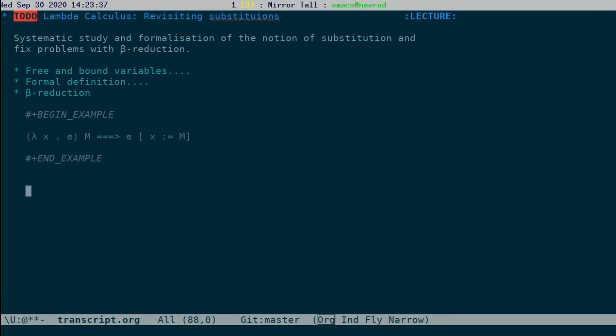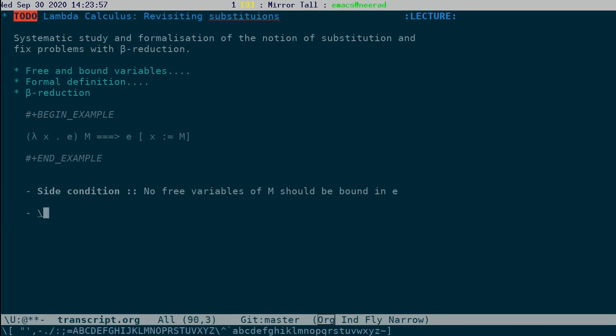An important side condition is that no free variables of m should be bound in E. This is the condition. If this condition is not true, then do alpha reduction.